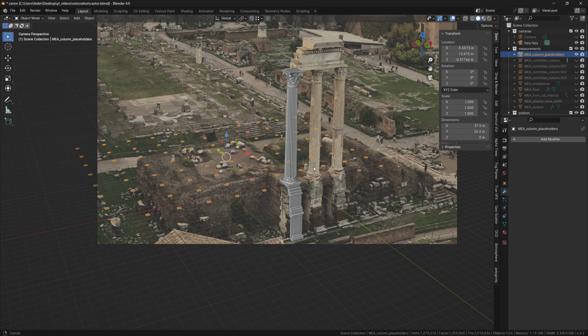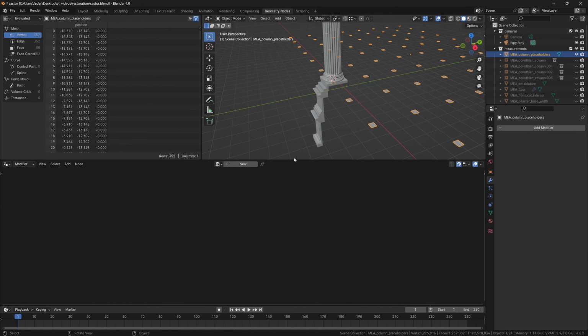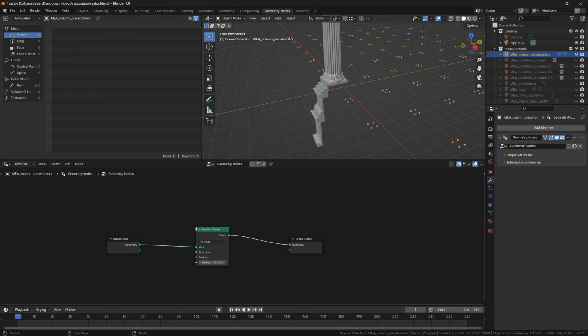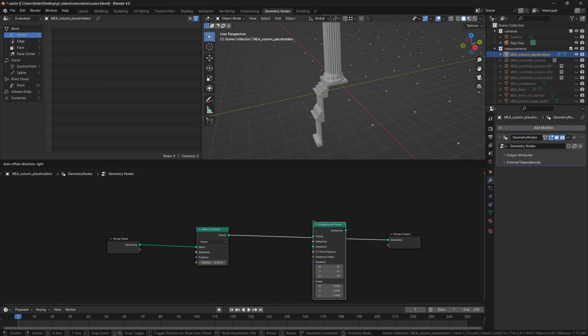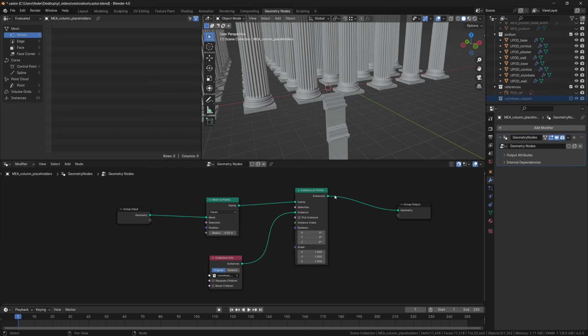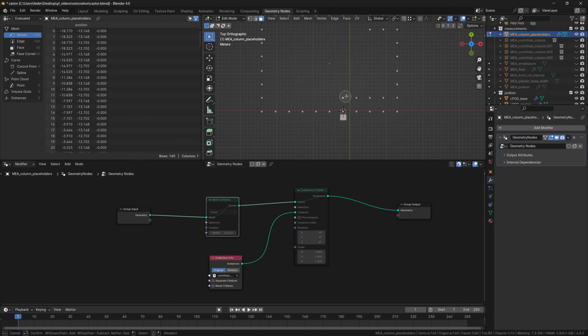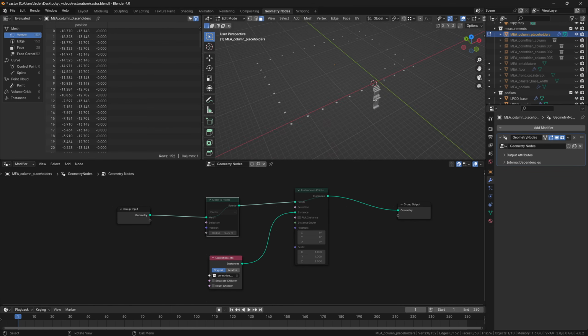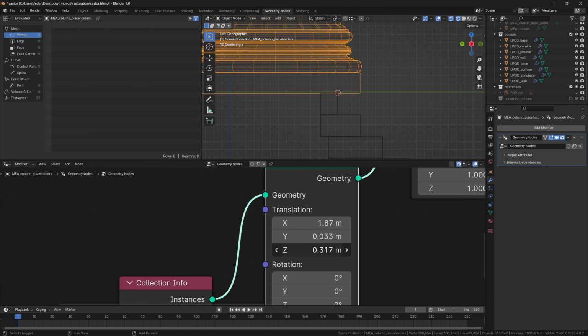Back into the main blend file, I used the placeholders from the validation stage to instance all the columns at once. With a very simple geometry node system, I converted each face to a point to then instance the entire column collection at each point. I then proceeded to remove all of the placeholders except for those on the perimeter and in the pronaos, eventually using the transform geometry node in between the collection and the instance on points node to perfect the location of